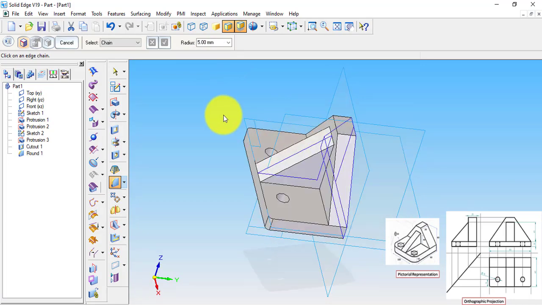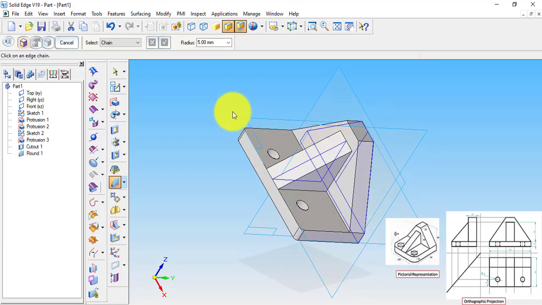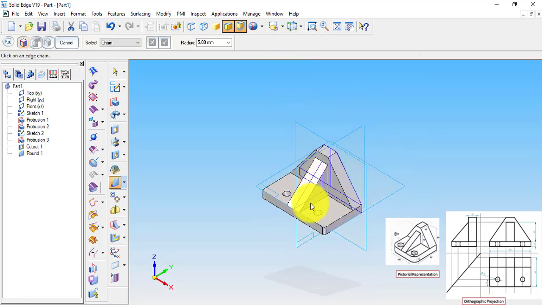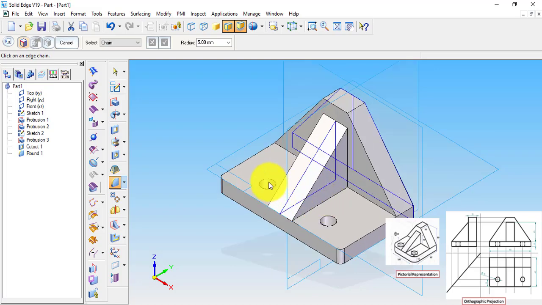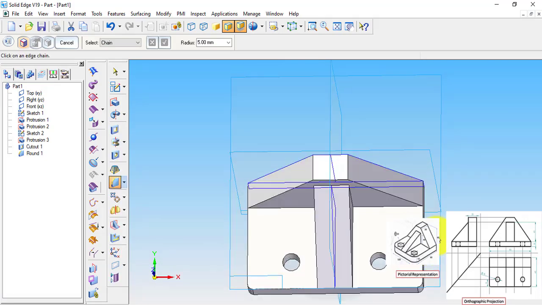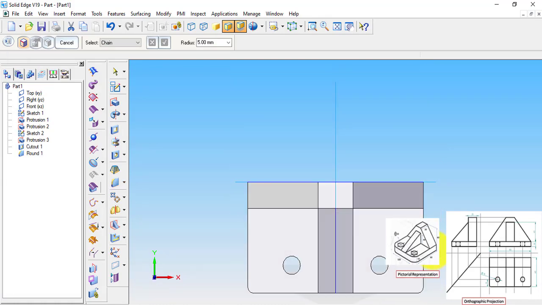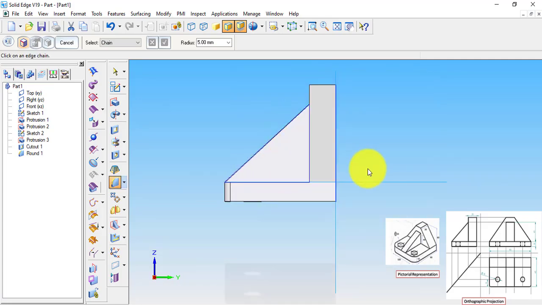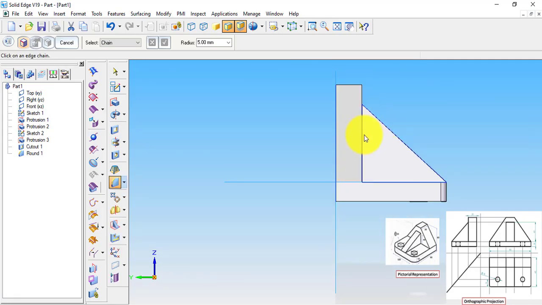In order to have a better view of our object in various views, we can go to this section. This is the isometric view of our object. Or we can use these commands, or we can also use shortcuts such as Control T for the top view, as you can see here, and Control F for the front view of the object, Control R for the right side view, and Control L for the left side view.